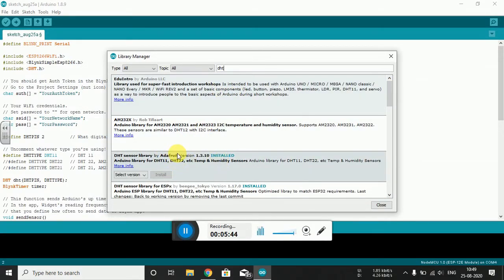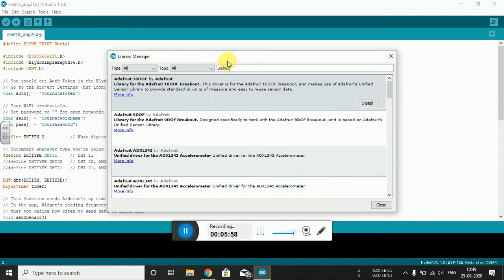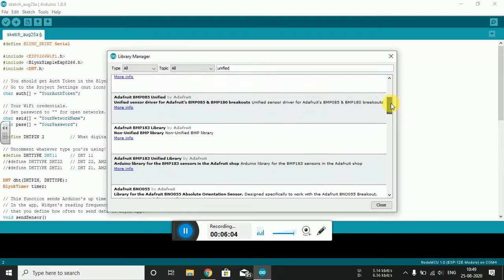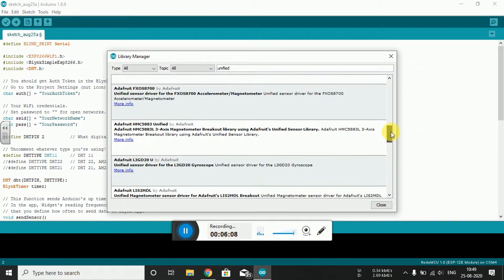You can install this as well. Search for the unified library. Once you type unified, you need to search for the respective library that is available.